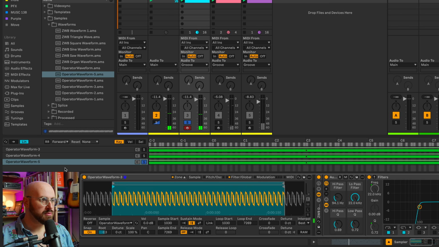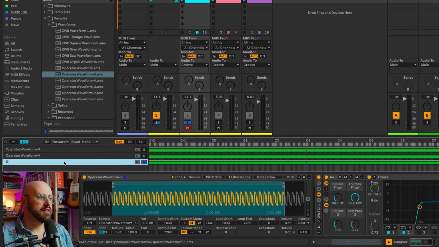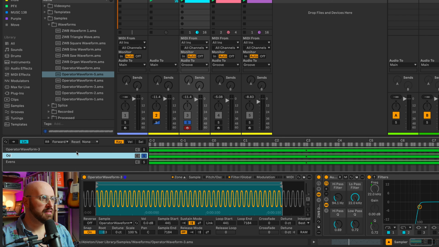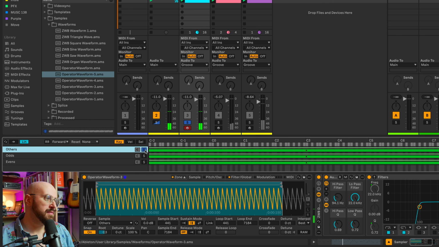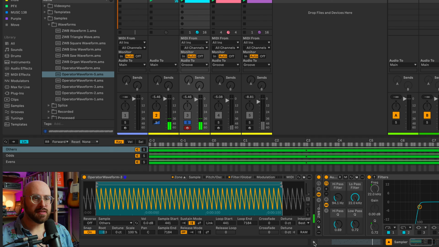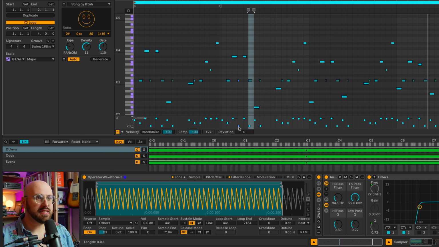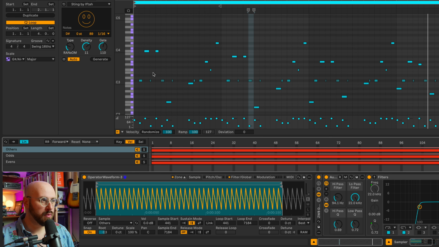Cool, so we've got this waveform, which I'm just gonna rename evens, odds, others. Now we could just layer them all on top of one another and call it a day. But if we pop into the MIDI for this track, we can see that there are ranges for these velocities that we're using. So what I want to do then is switch over to the velocity window